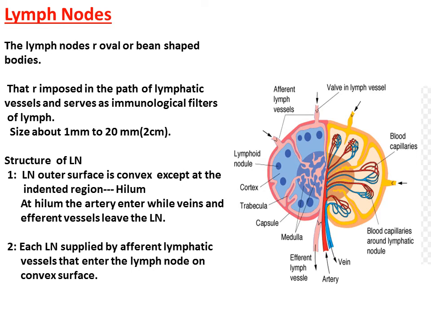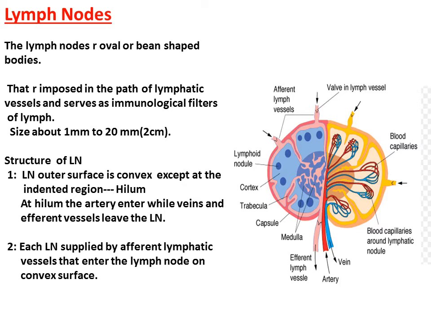The lymph node, you can see here in this diagram. This is the oval shape or bean shape. They are interposed in the path of the lymphatic vessels and serve as an immunological filter of lymph. Its size is about 1 millimeter to 20 millimeters, 2 centimeters, and its structure is the outer surface of the lymph node